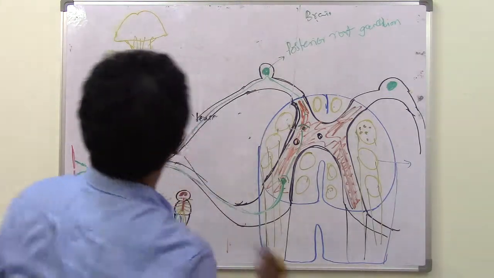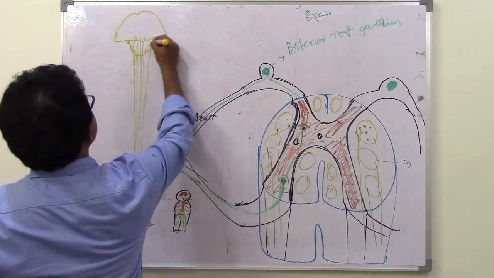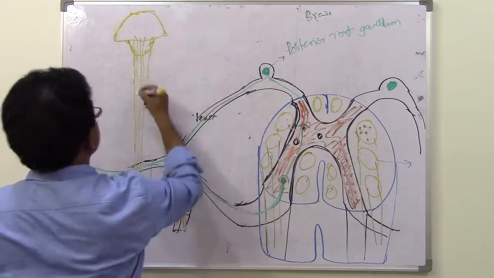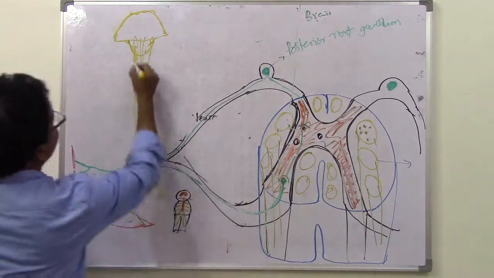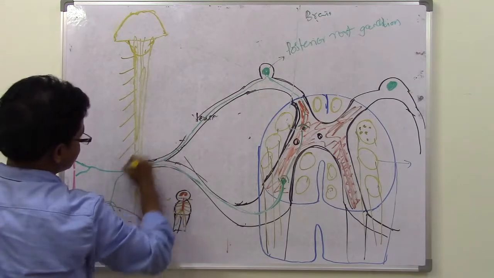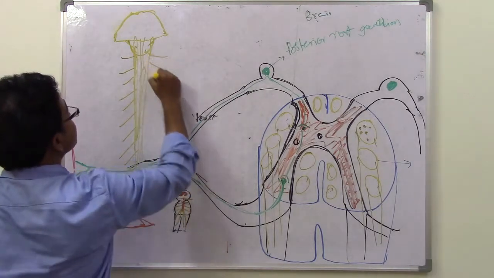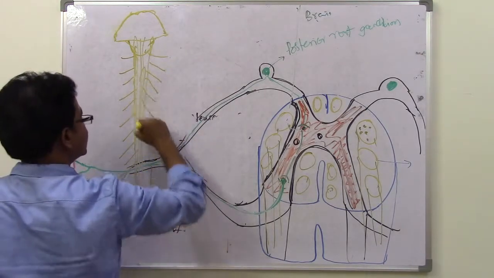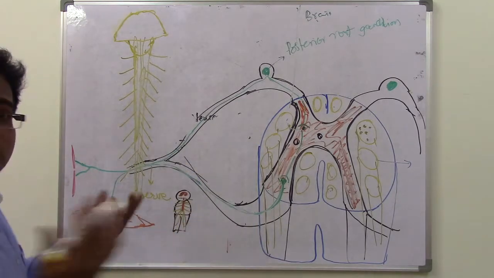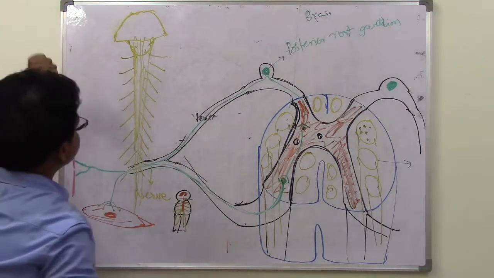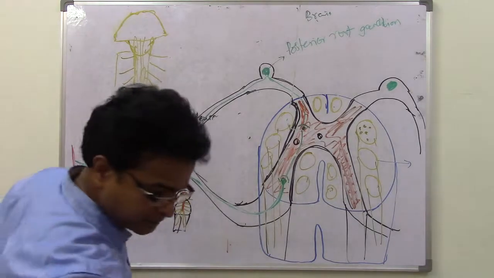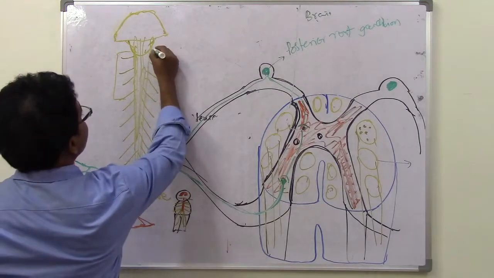Okay, this is the spinal cord, right? And we have different nerves going in from different parts of the body. These are called spinal nerves. These spinal nerves, we have different classification. What are they? We have